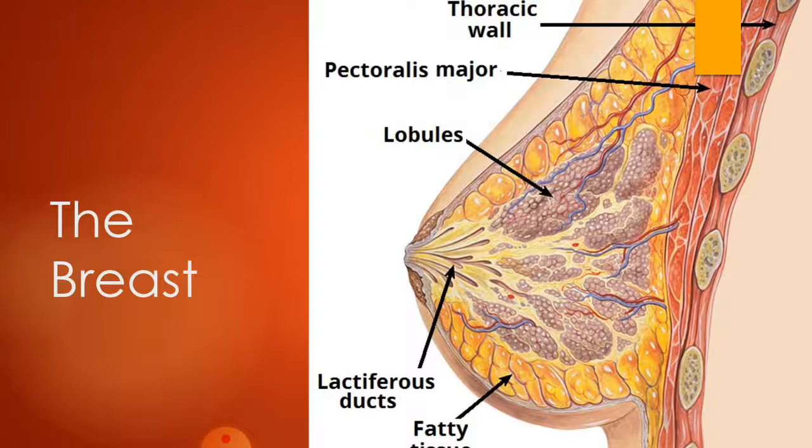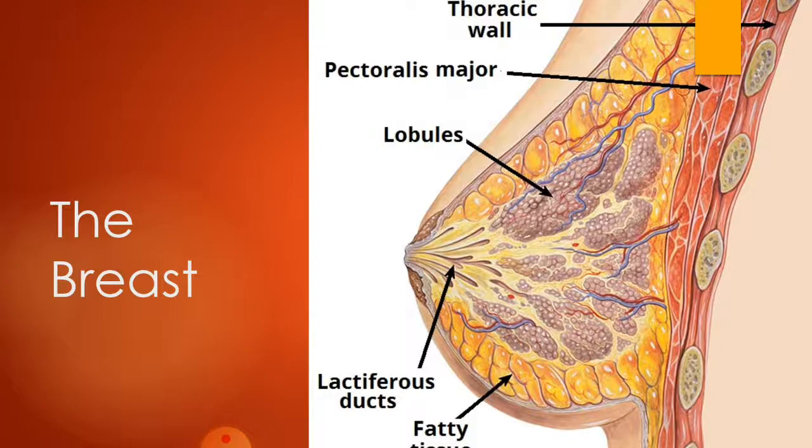At the center of the breast is the nipple, which is basically composed of smooth muscle fibers. The nipple is surrounded by the pigmented area of skin termed the areola, and there are numerous sebaceous glands opening onto the areola that act as a protective lubricant for the nipple. So that's all about the surface anatomy, and now we will look at the internal structure of the breast.